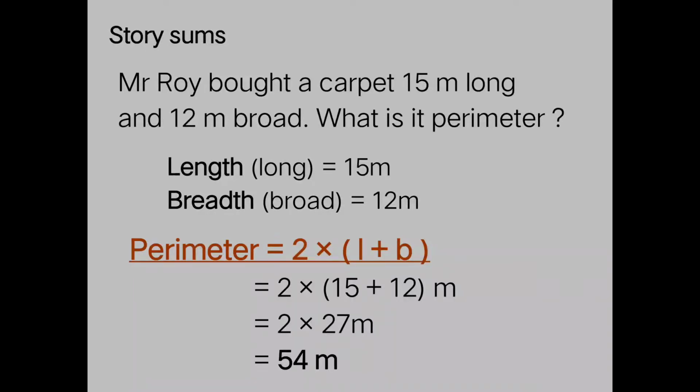So we are going to find it by using the formula. Why are we applying a formula here? Because here we don't have a picture to add all the sides. The formula is perimeter is equal to 2 into (L plus B). As I told you before, first add the length and the breadth and multiply by two, and you will get the perimeter. Here 15 plus 12 is 27. Then I have to multiply by two. 2 into 27, you will get 54 meter. Thank you.